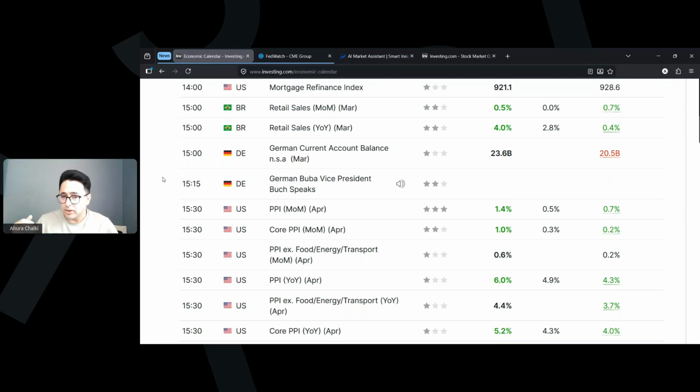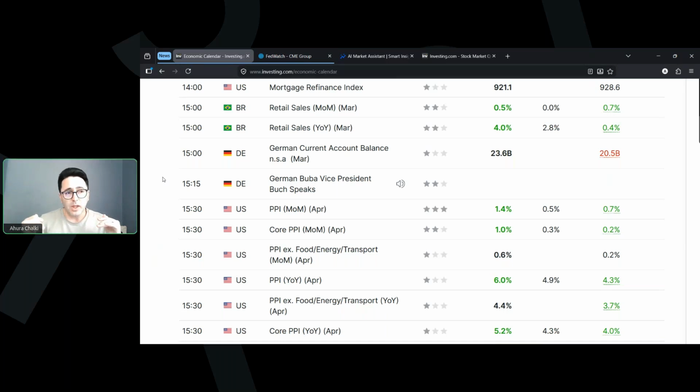So what does it mean? It means that the producers cannot just cut. I mean, how much do they want to cut from their profits? Whatever they cut, they cannot cut all their profits and work for free. That's why they have no more choice but to pass these prices to the consumer. So we are expecting to see the consumer price index also get higher in the next months.